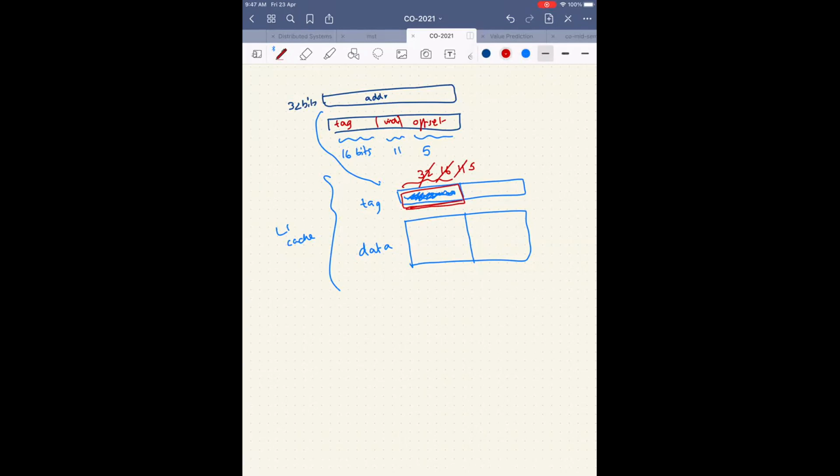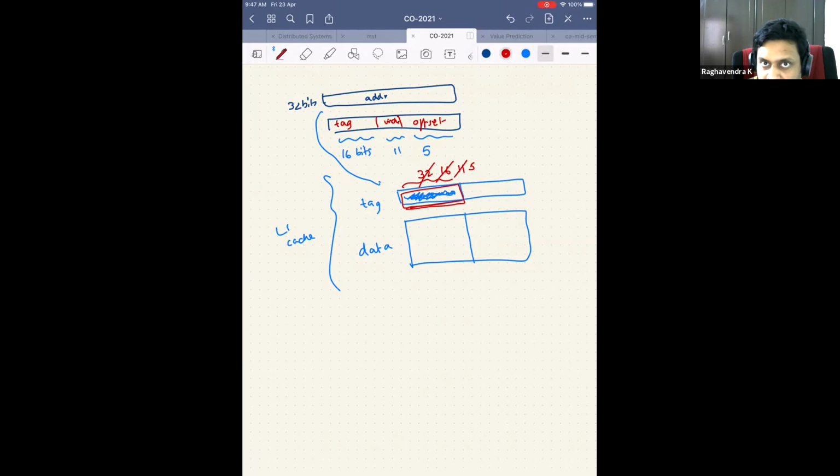16. Yeah, but is everybody following? I'm really worried. Is everybody following that it's 16 bits? Yes. Does anybody think that it is not 16 bits? Please answer if you didn't understand it. So this is 16 bits. I have to store 16 bits here. Why? Because I have to store only the tag. I don't have to store the index or the offset. I just have to store the tag bits.